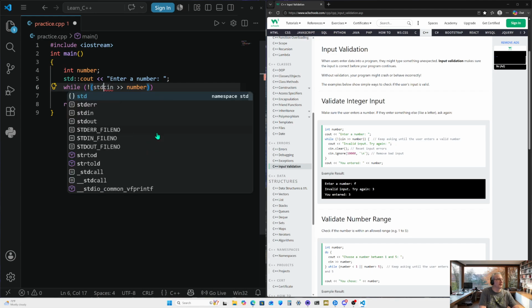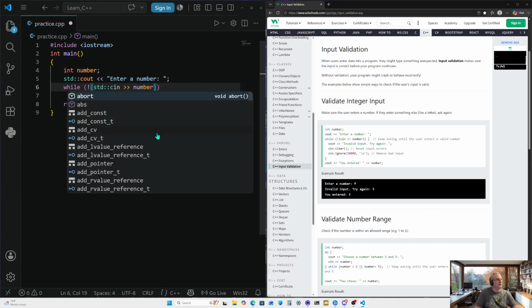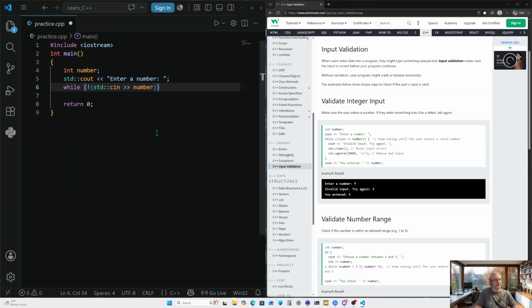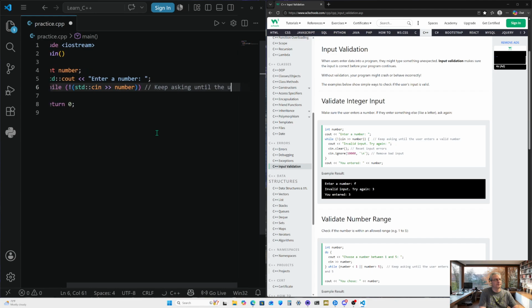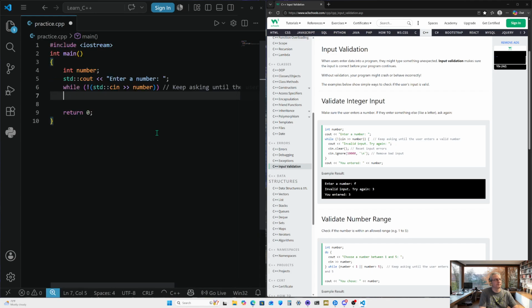Caught me off guard on that one again. Okay, so that's that. And we got a comment here we're going to go ahead and put in here. Keep asking until the user enters a valid number, on one line. And curly brackets, and then